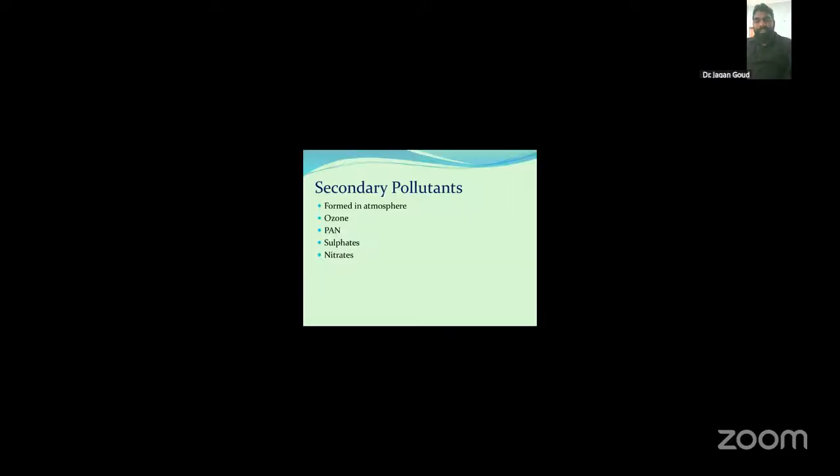Secondary pollutants. What are secondary pollutants? Secondary pollutants are not emitted directly. They are formed in the atmosphere through complex chemical reactions involving primary pollutants, under the influence of sunlight, moisture, and oxidants. They are central to photochemical smog formation, acid deposition, and secondary aerosol production. Ozone, meaning ground level ozone, is harmful.